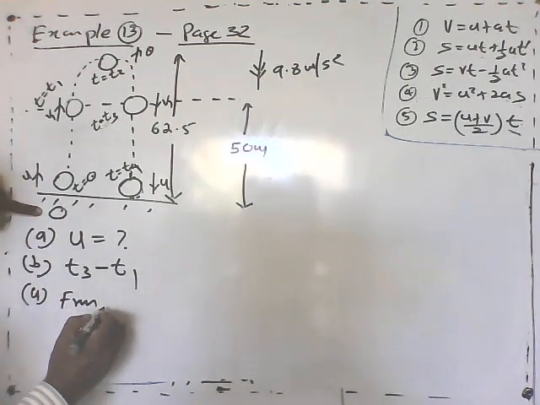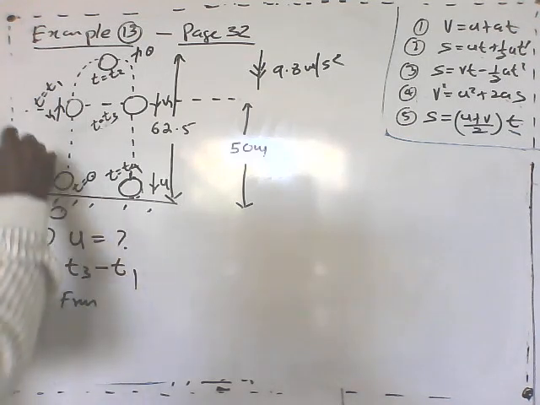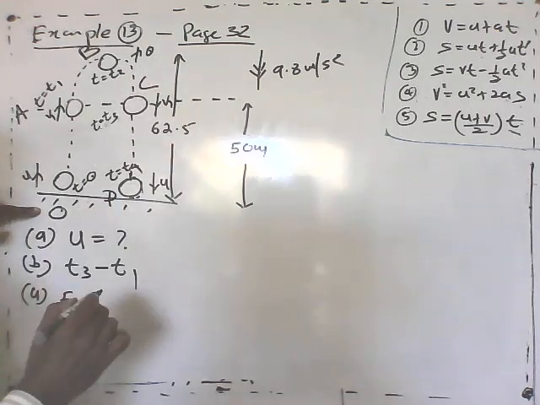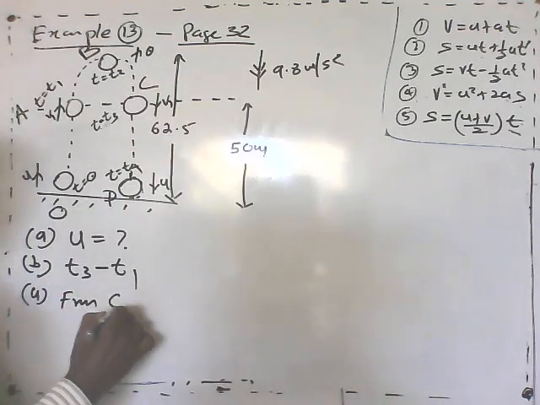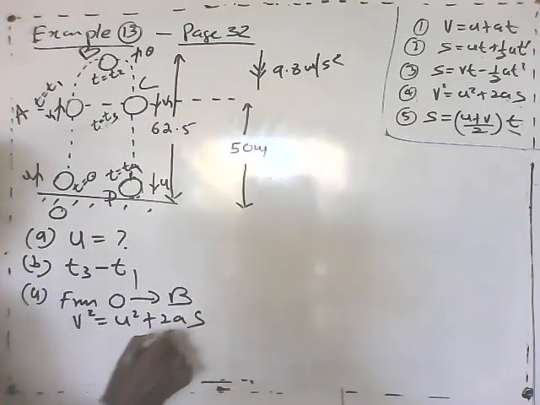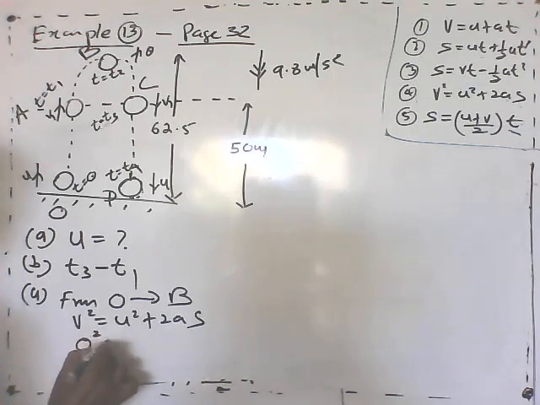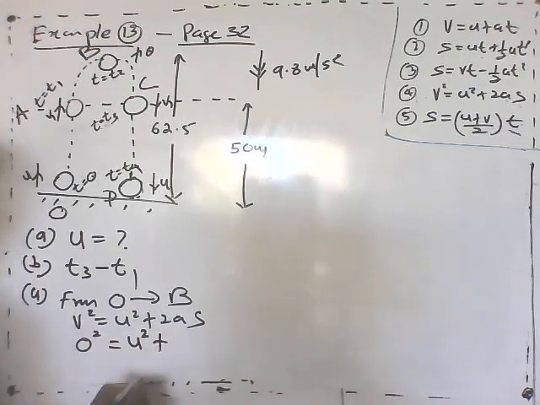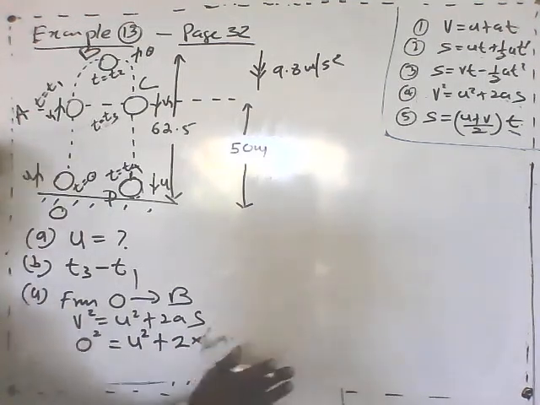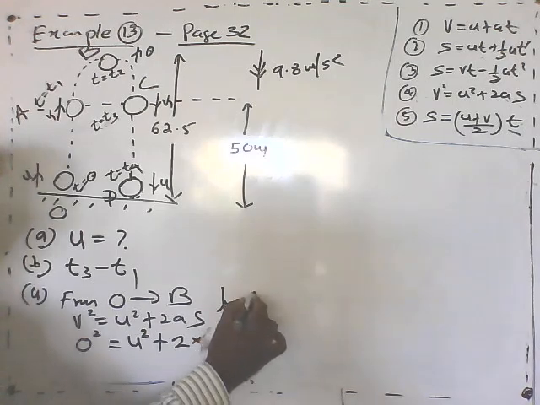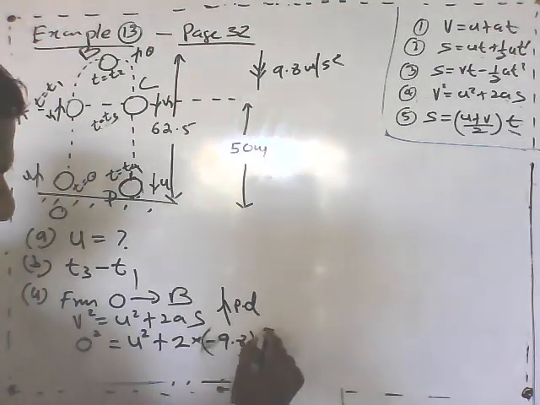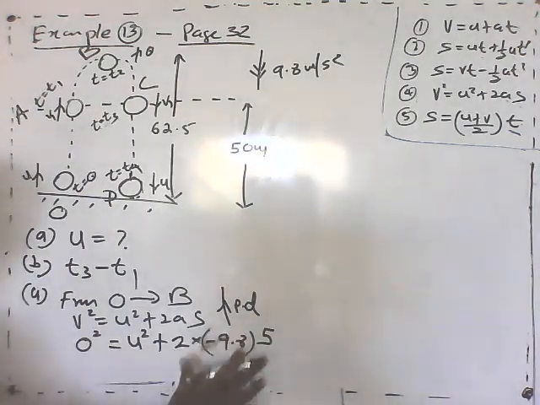So we will put, from O, we will say here A, here B, here C, and here D. So from O to B, we are going to put v square equals u square plus 2as. The final velocity is 0, so 0 square is equal to u square plus 2 into 9.8. That should be minus. I didn't mention the direction, so we will say the positive direction is up, minus 9.8, and the height is 50. So u is going to be, we can take this to the other side,